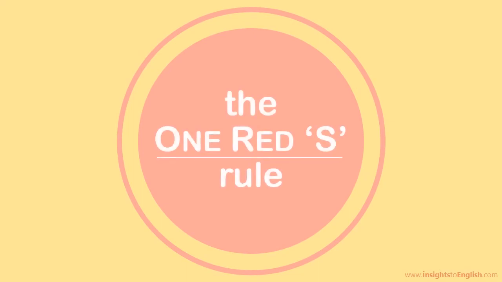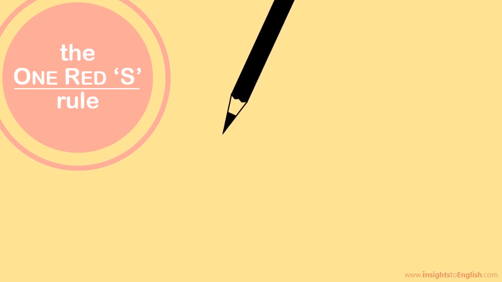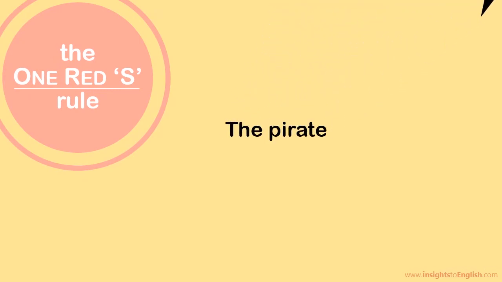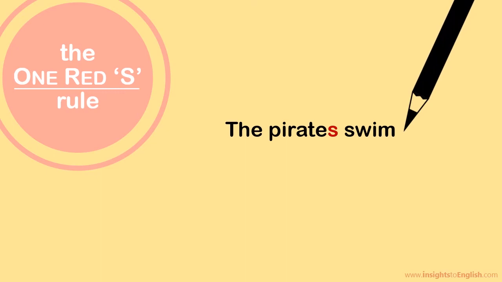It's the one red S rule. When writing simple sentences in the present tense, teachers and students should use a red pen, pencil, marker, or chalk for every s that's added to the end of a subject or verb. Pirates has a red S. Taking the action to switch colors can help students think about whether they need an s instead of just using one automatically. We already have an S, so I can't add another one.